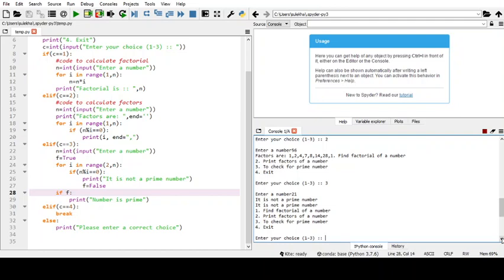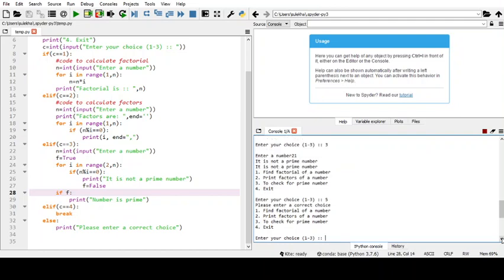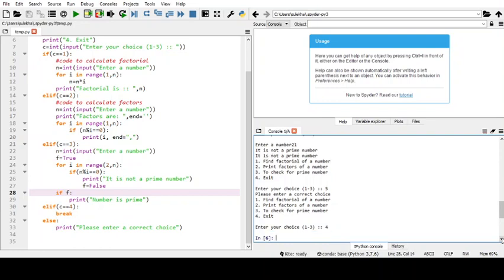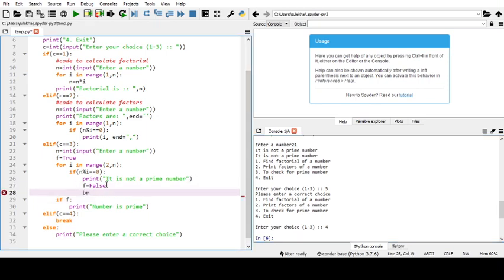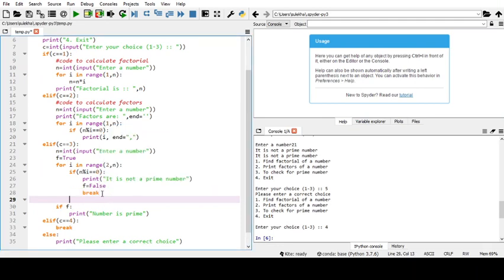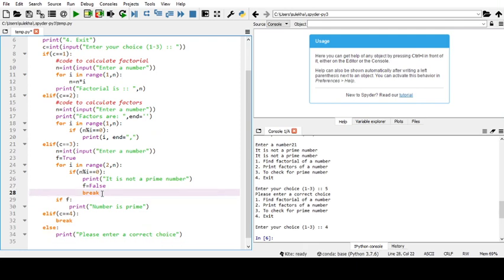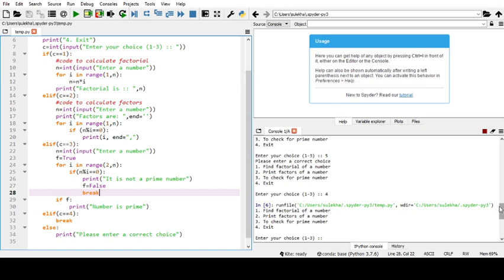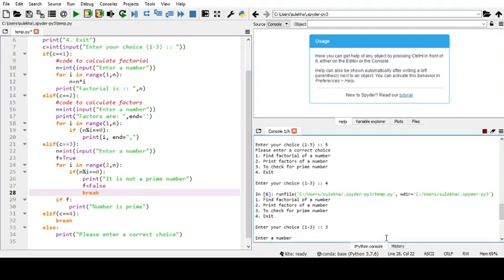Then if I enter, let's say 5, it is showing please enter a correct choice, and if I press 4, it will end. Fine. So one more thing we need to add, break over here. So again I am testing this for choice 3. Enter number, let's say 23.